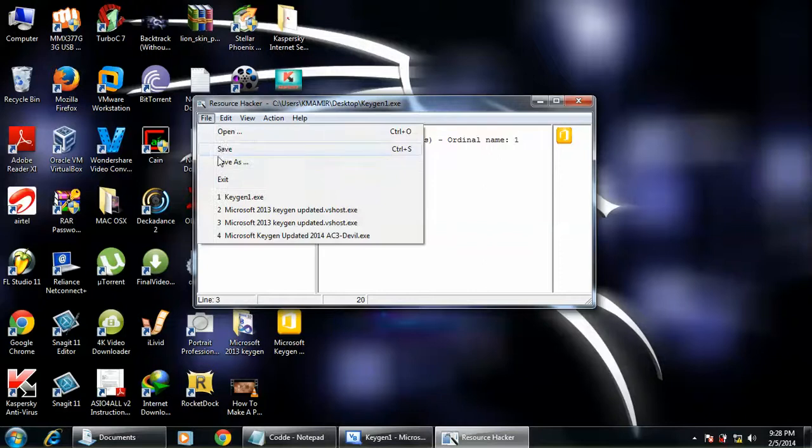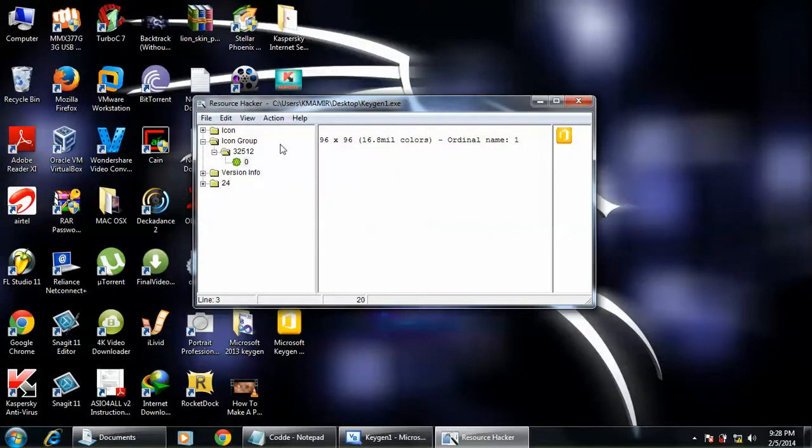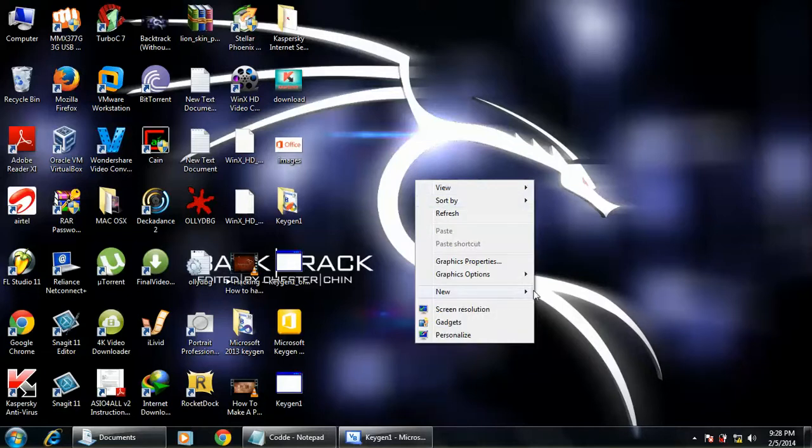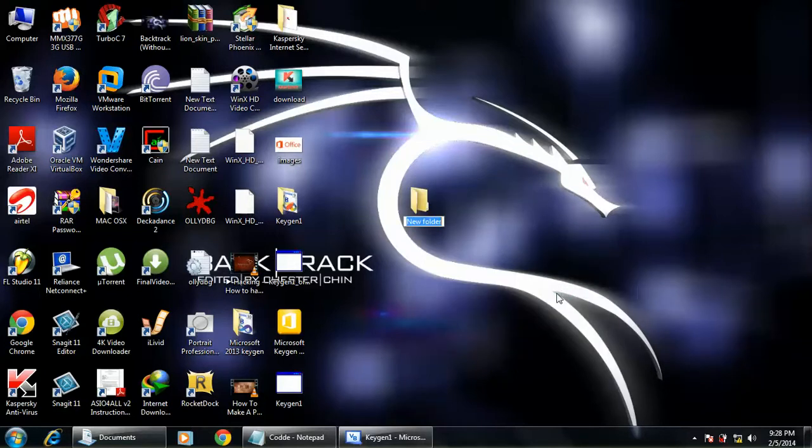So this has been saved right now. Just create a new folder and rename it keygen 1. In this case I have already created a folder named keygen. Or you can just simply drag this onto the recycle bin.